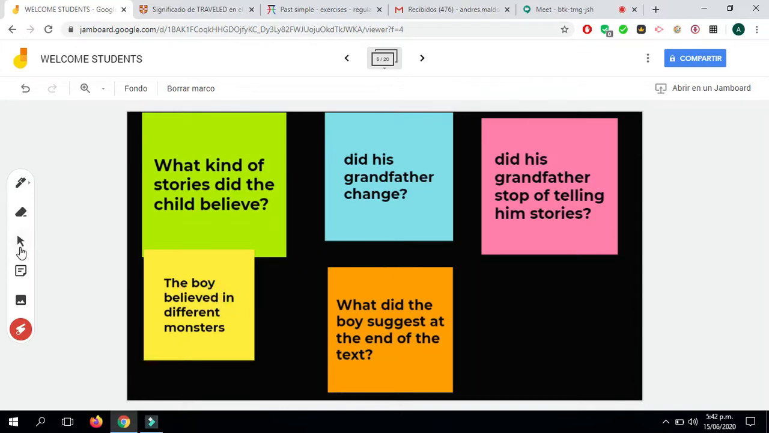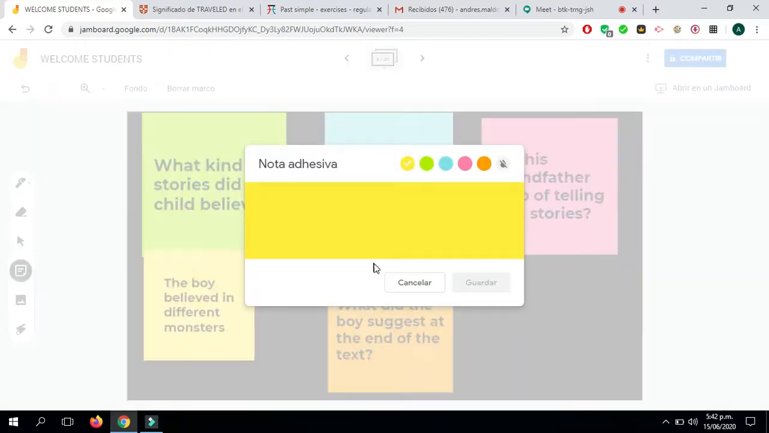Okay? Another question about what is the answer according to the story. Can you tell me? Did his grandfather change? Do you think that is true or false? Okay, very good. The answer is true. Yes, he changed. He changed when his son was older. He changed when the little boy became older. Okay, that according to the text,